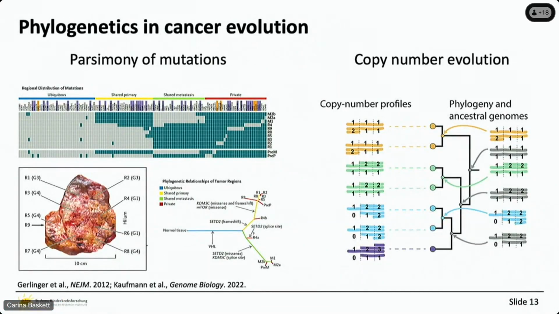So we also use phylogenetics in cancer evolution. These are some overlaps that we're trying to find. There are certainly some very sophisticated methods out there, but at least in my research, and I think it is also quite popular, we use maybe simpler models, such as parsimony. So here on the left, I'm showing another very early cancer evolution study. This is one of the first to really use multi-region sequencing. What they did is they did whole exome sequencing, I think it was, of all these different regions, and then asked what mutations were in these different regions, whether they were present, yes or no, and basically used this to generate a phylogenetic tree.